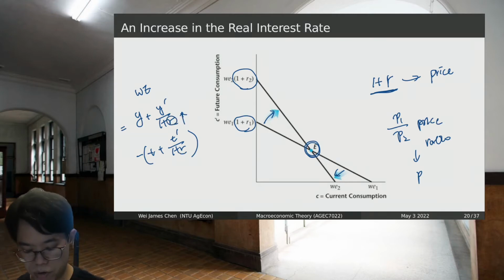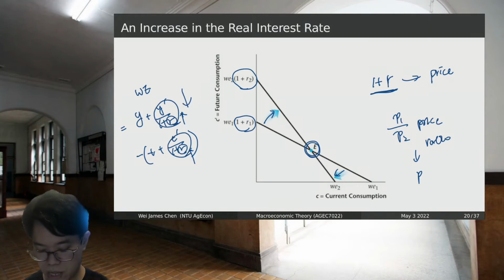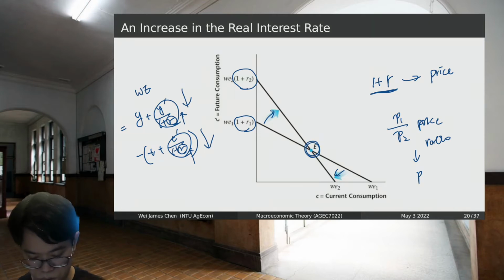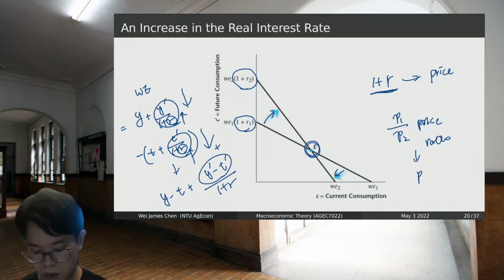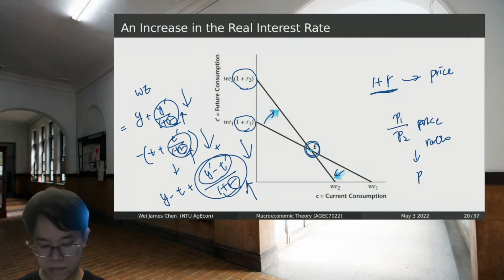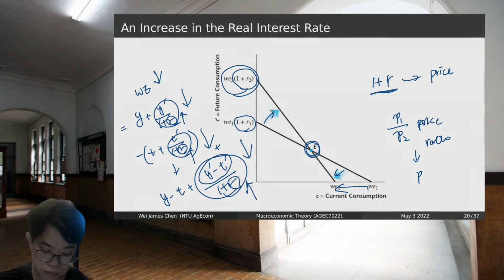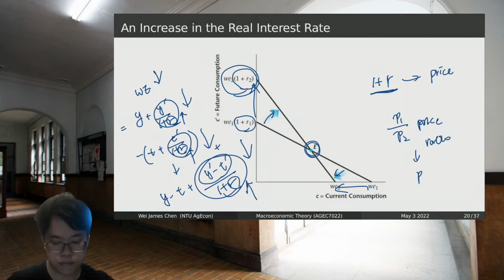So if r increases, this goes down, this also goes down. Let's reorganize this to 1 minus t plus y prime minus t prime divided by 1 plus r. This must be positive. Okay, so r goes up, this whole thing goes down. It means your WE goes down. So WE goes down, but obviously this one goes up, because WE